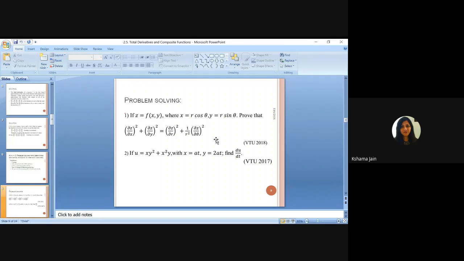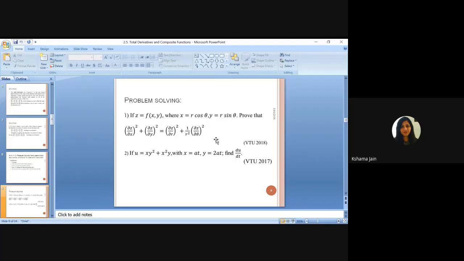A simple example I tell you. Suppose u is depending on s and t, and s and t are depending on another variable x. But I need to find the differentiation of u with respect to x. Means the first function is depending on the second, the second is depending on the third, but I need to find the differentiation of the first function with respect to the third. Getting? So there is a mediator. What was that? The second function, s and t.